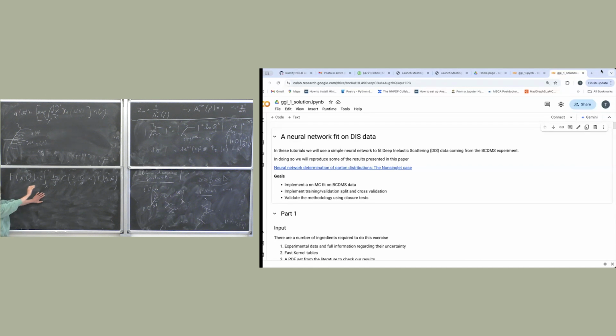First question, looking at the right-hand side of this equation, what can you compute by hand? Okay, good. The coefficient function and